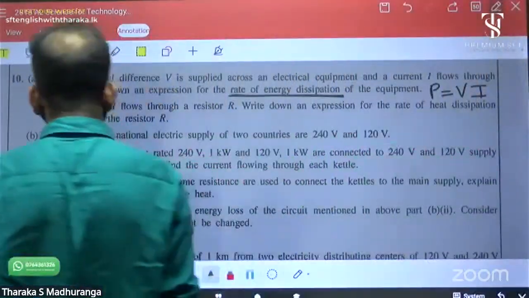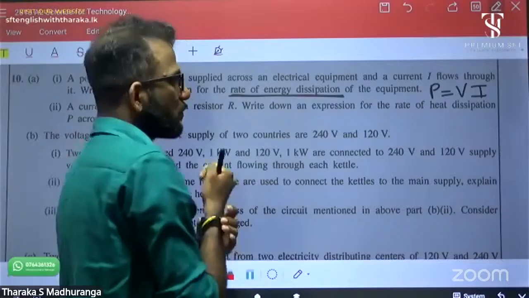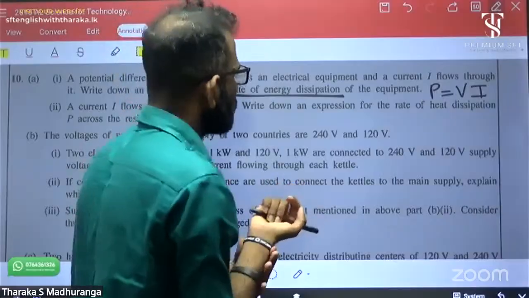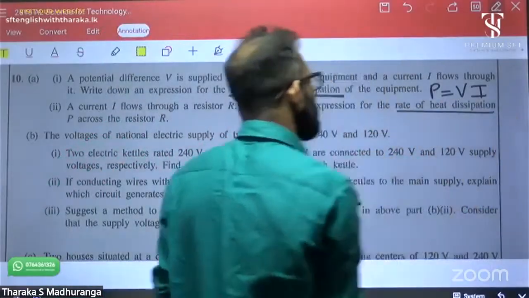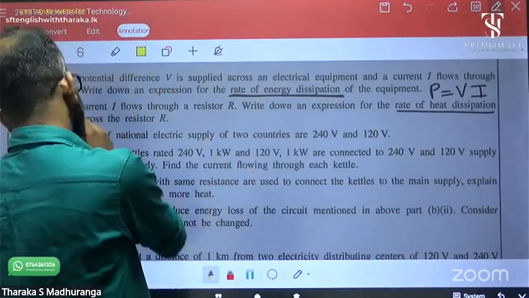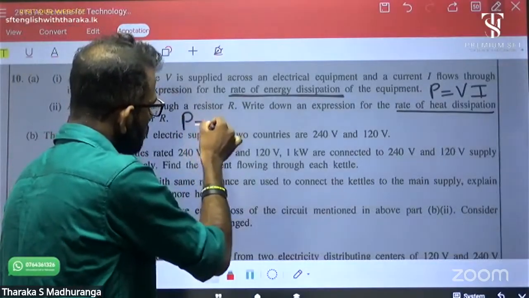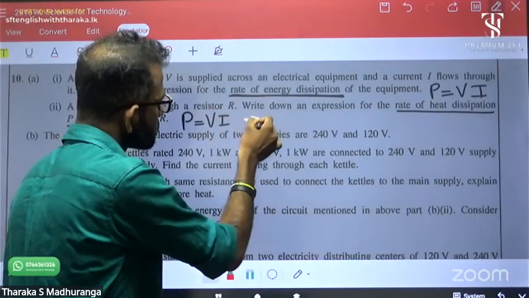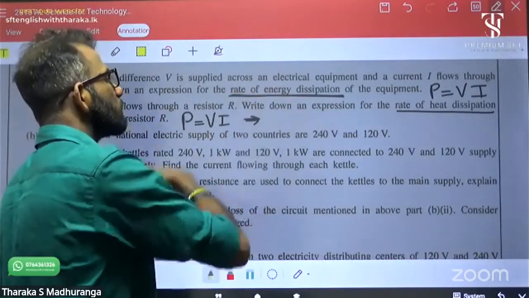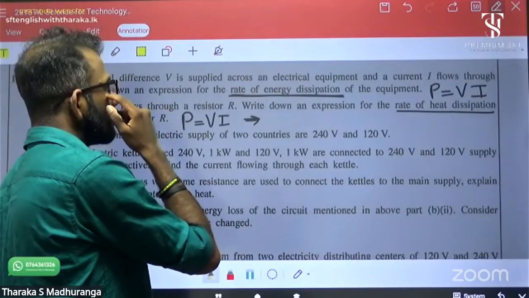Okay, part 2. A current I flows through a resistor R. Write down an expression for the rate of heat dissipation. Again, rate of heat dissipation is also power, right? The heat is energy. P equal V I is the basic equation, but we can modify this equation with R. According to Ohm's law, V equal I R,